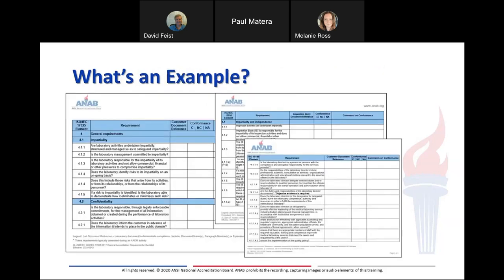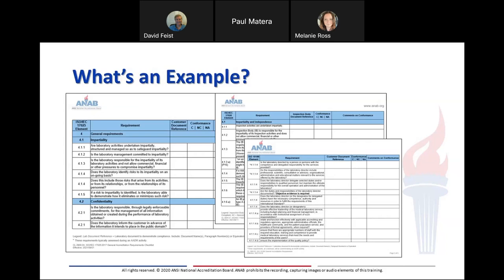So these checklists, there's a lot of them. There's different ones for each accreditation body, for each standard. They primarily present a standard that we're evaluating you against in checklist format. Some accreditation bodies will quote the standard directly, verbatim. Others will turn these into questions. That's how ours are presented at ANAB. However, it's essentially the standard laid out as a tool to help you understand the requirements.